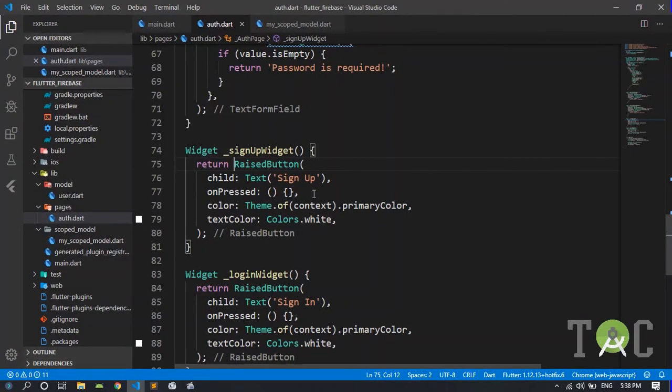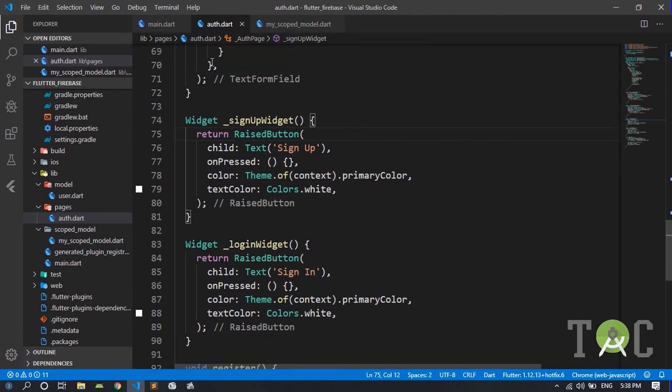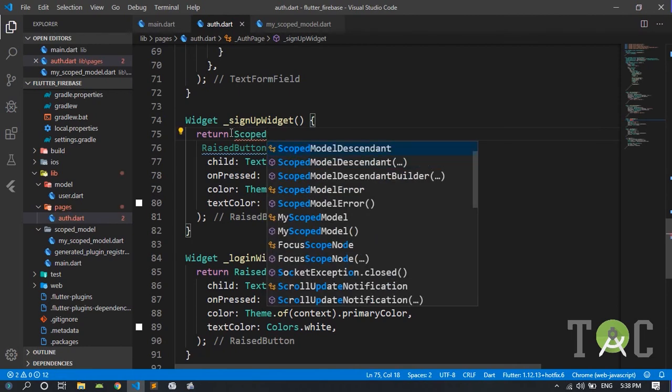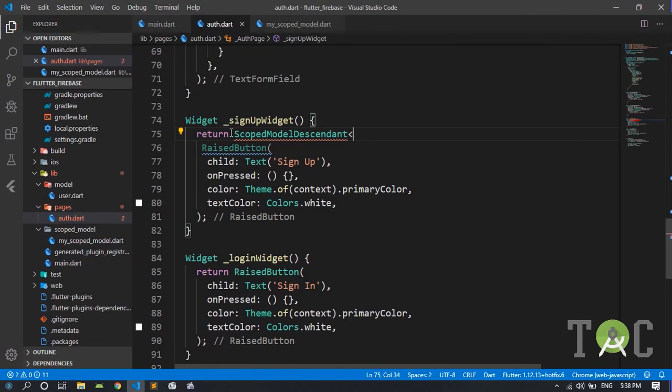Okay guys, now let's implement our scope model. So how we can do is get back to our auth page, auth.dart file, and instead of returning this register button, we are going to return the scope model descendant. It's also a widget. I will show you how we can implement it. Just type scope model descendant and it will be a type of my scope model,